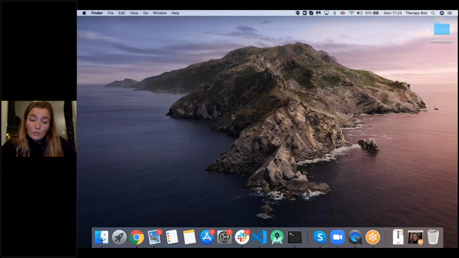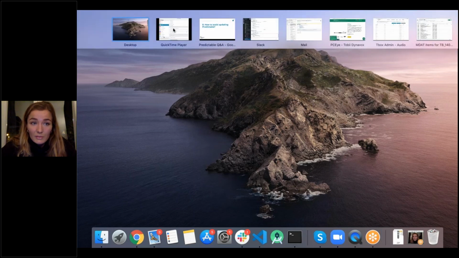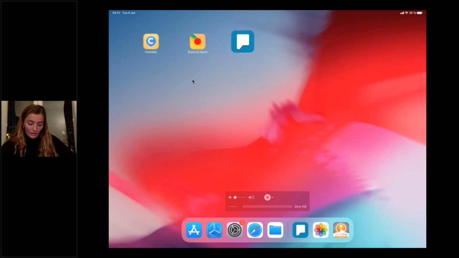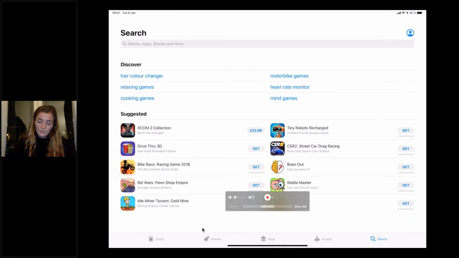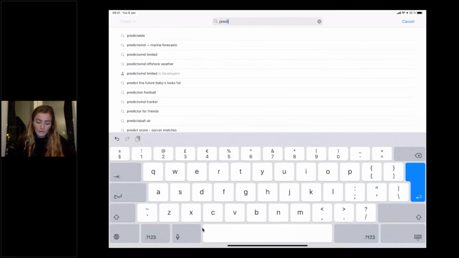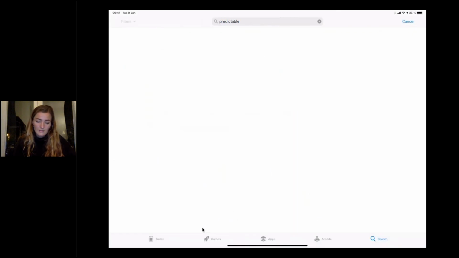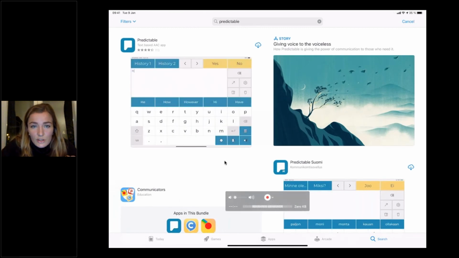What you need to do to update Predictable, if it's not updated yet, is open the App Store app, and then search for Predictable like this. Then you just need to select this button with the cloud.